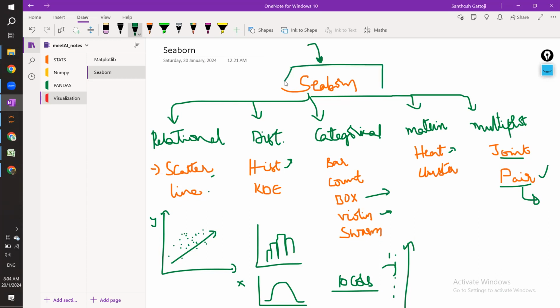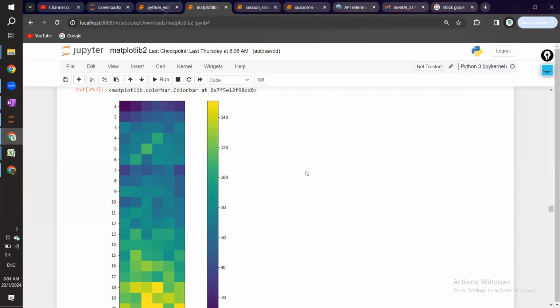Once you are good with this, and since you already have the basic knowledge of Matplotlib, you should not worry much about the visualization part. Just to give a look at this, Seaborn is very interesting, I am saying. And if I give you a small example,